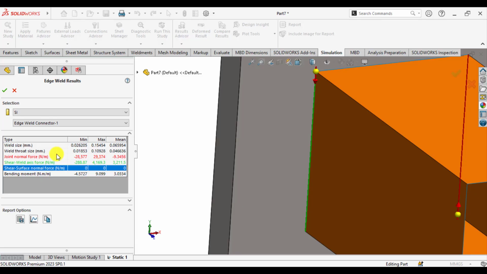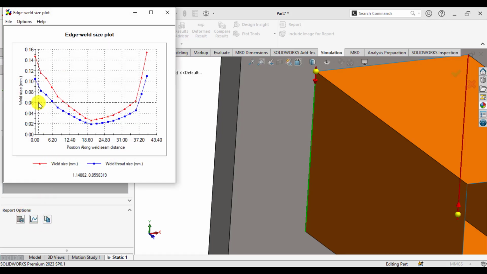We can check this size along the length of this edge, starting from here to here. You can also remember that the length of this edge is 40 millimeter. So just click on the graph. Here you can see the red one is the weld size, while the blue one is the throat size. So you can see the weld size is maximum, about 0.15, near the start and near the end,